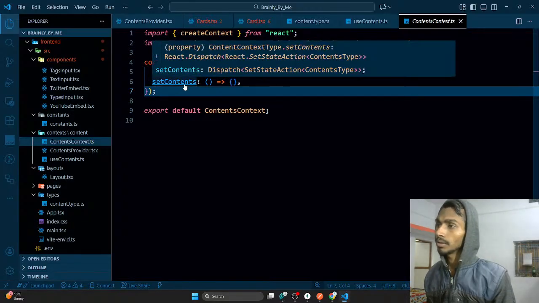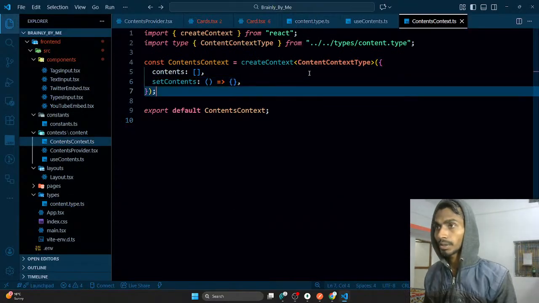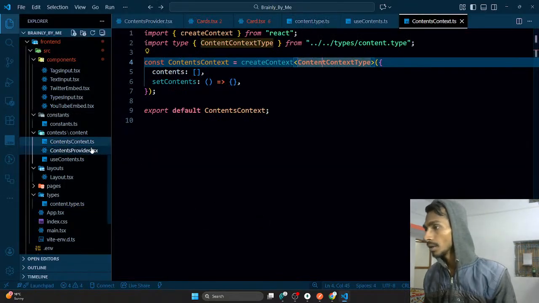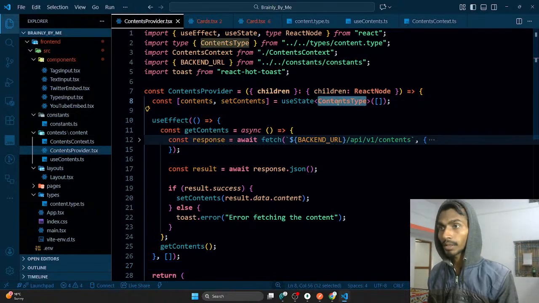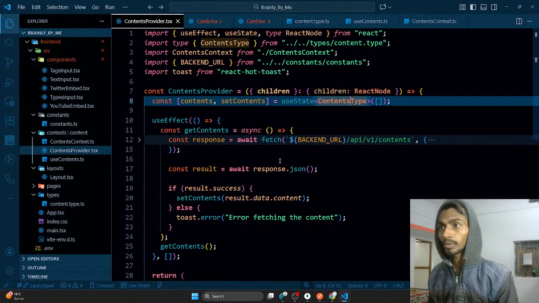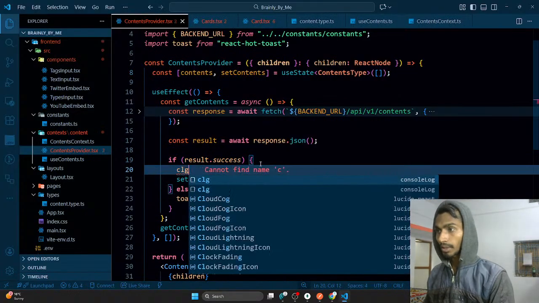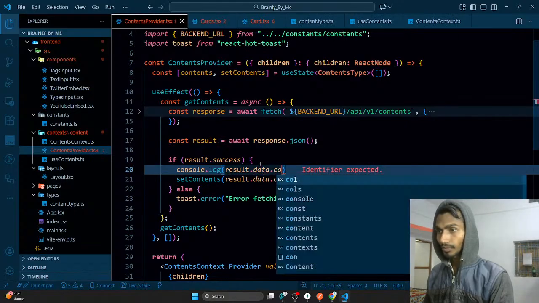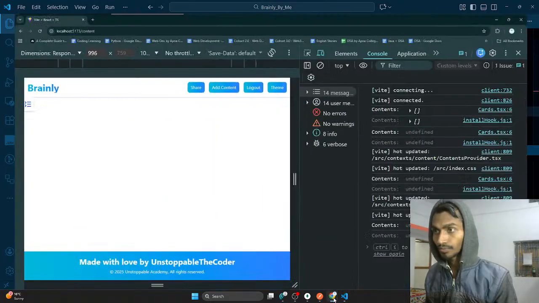Set contents. This is just the type. Context type. Okay. Context provider is here. I used it over here. Content. Okay. Contents types. Let's check this thing out. This is again an array, so I should not be worried about it. Set contents. I'm actually setting the contents over here. Let's see. Please check this thing as well. So that's gonna be result.data.content. Wanna check each and everything now. Reload the page,